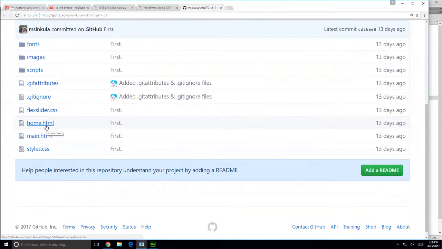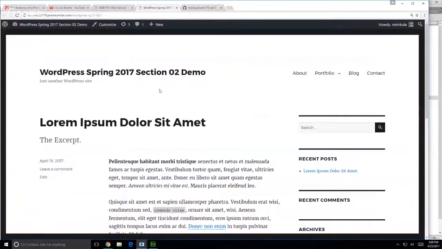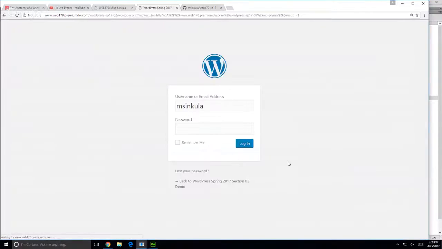And if you have home.html or index.html, right, I can then go and see your templates. So this is what you should have right now in your repository. And if you have placed it then in your themes folder, when we log into the dashboard,